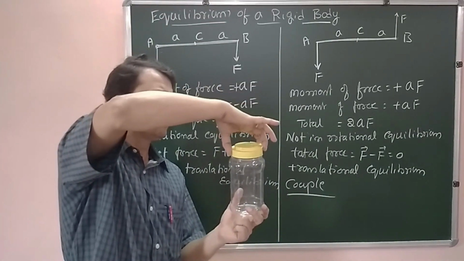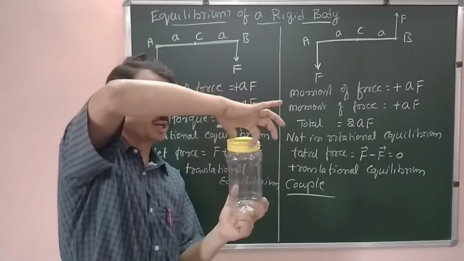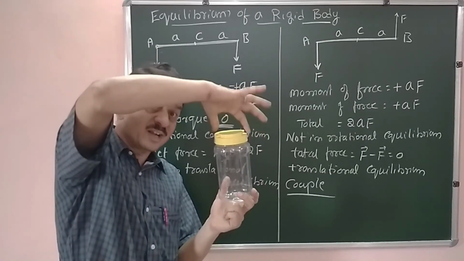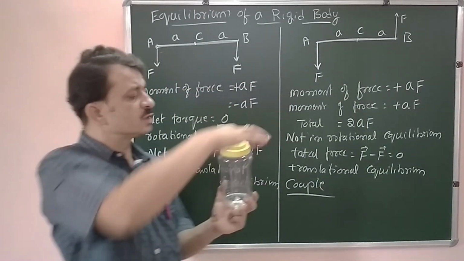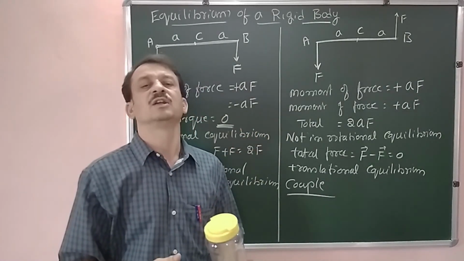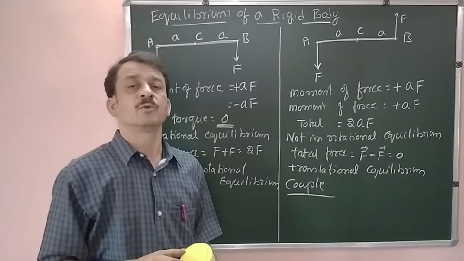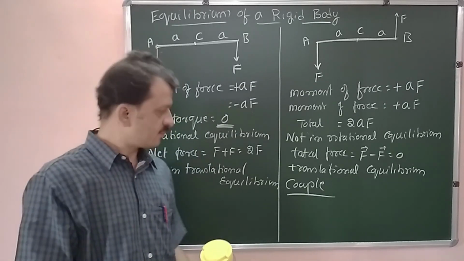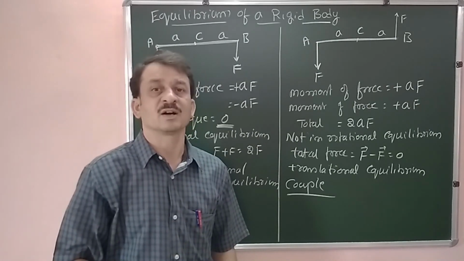While closing the lid also, I have to apply the same. The thumb is moving in this direction and the forefinger is moving in the opposite direction. So this pair of equal and opposite forces acts at different points. One force is acting on this point and another force is acting at the other point. So that constitutes a couple. In the case of opening and closing of any bottle, water bottle, oil bottle, or anything, we are using this concept of couple. And also in opening and closing of a water tap, we are going to make use of this couple concept.